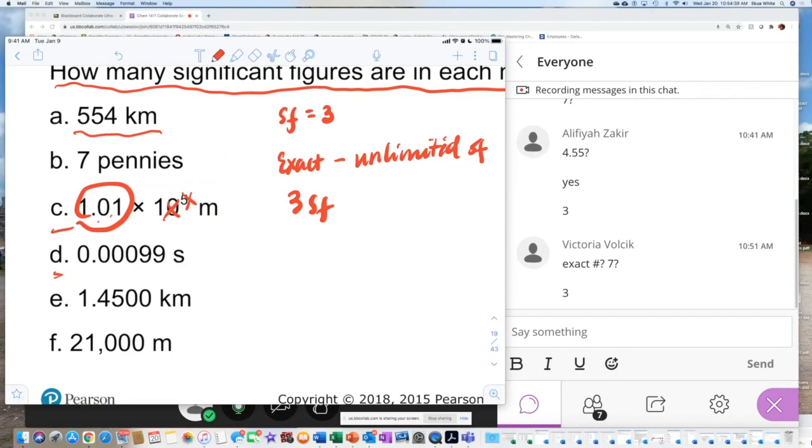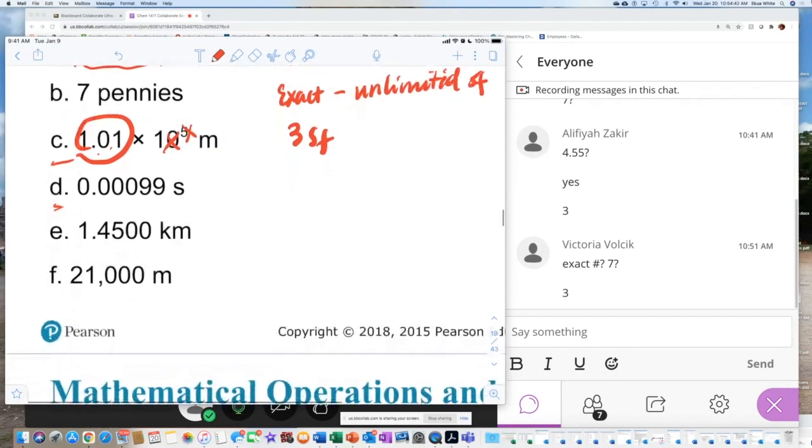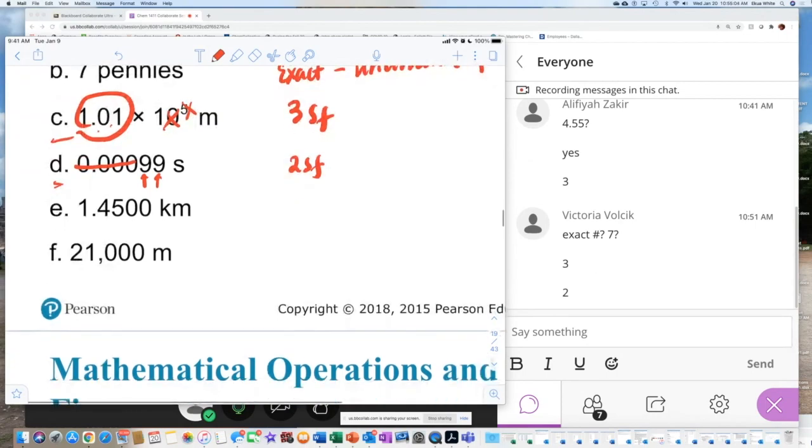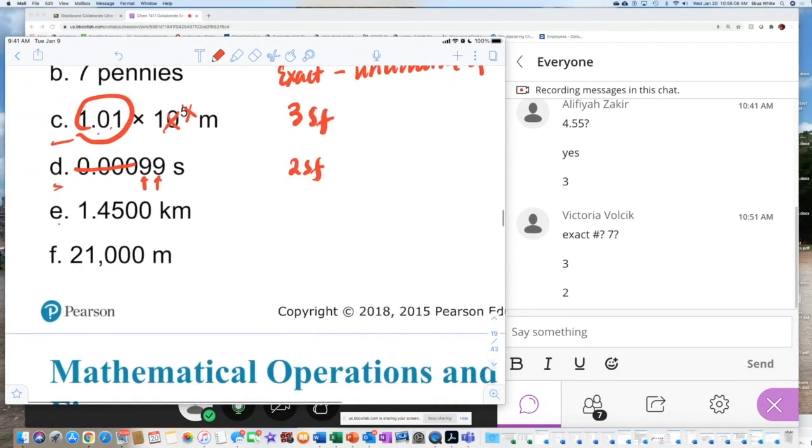So what do you say about time? These are all leading zeros. This is telling you very, very little time. So this counts as 2 significant figures, right? Let's see. E,